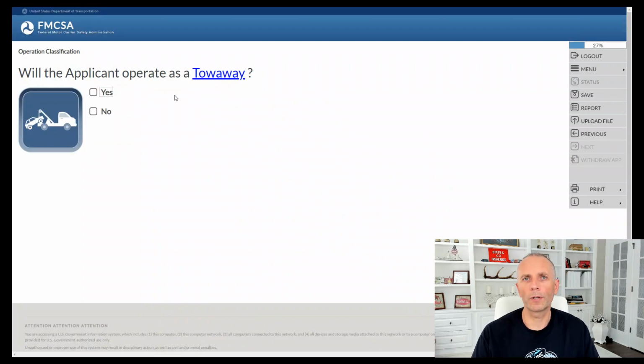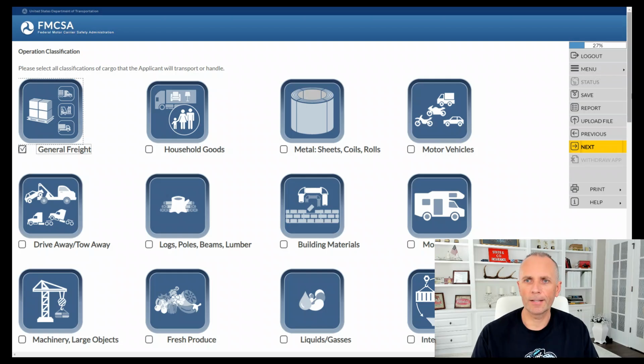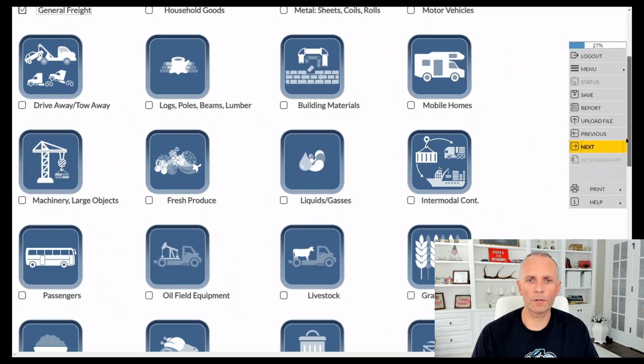Okay, towaway. Towaway, that's your towing company. That's where somebody parked illegally on the street, a nosy neighbor saw, called the tow company, they came and towed your car. That's a towing company. Again, I do not plan on operating a towing company. I'm just dry van, trucking for hire, general freight. And so this is the big one. This is where sometimes